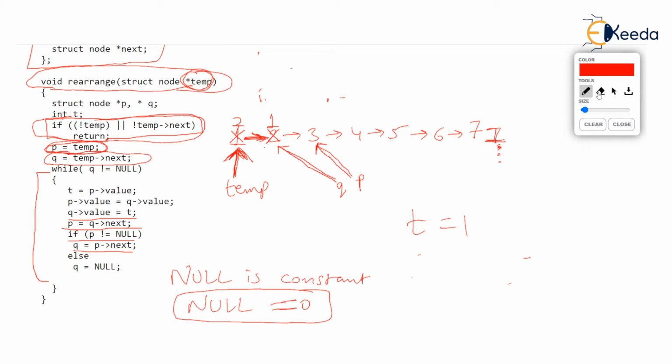I hope you are understanding. So q will discontinue to point to the second node, but now q will point wherever p arrow next points, and p arrow next points to 4. So q will point at 4. Obviously else will not run in the if because if was true, so else won't run and we will go back to while. Now you know what happens, isn't it?